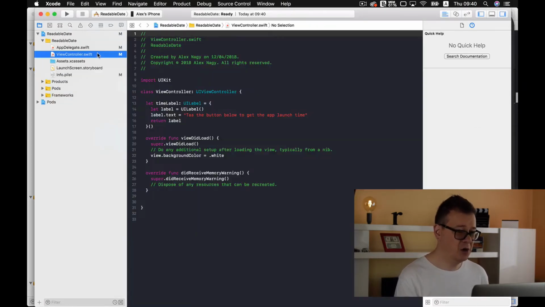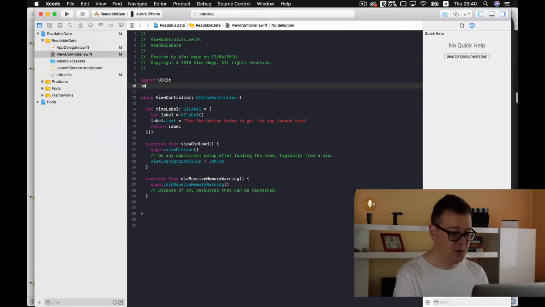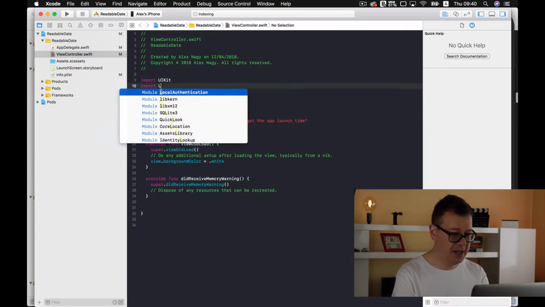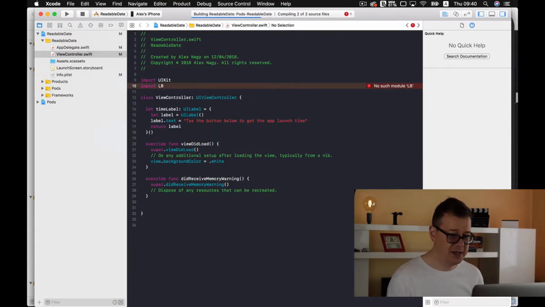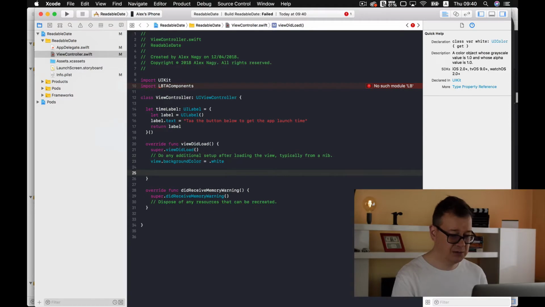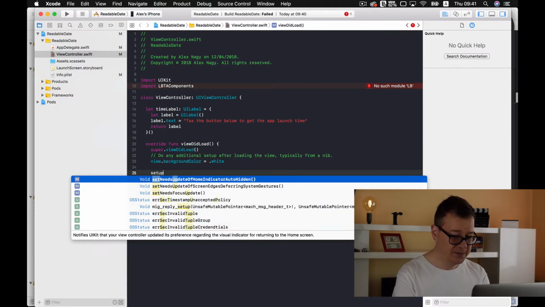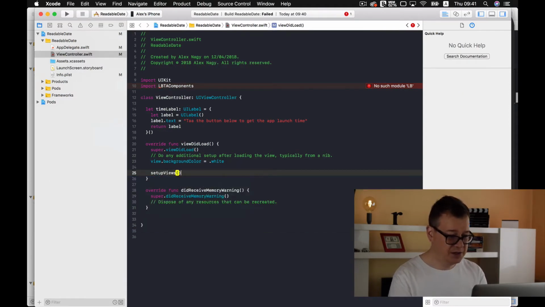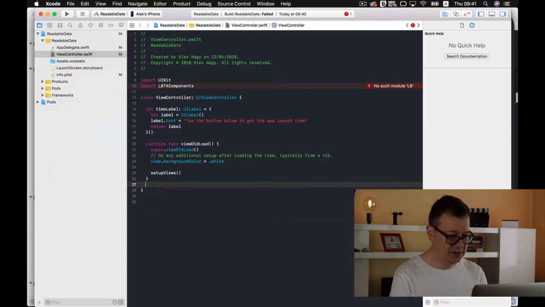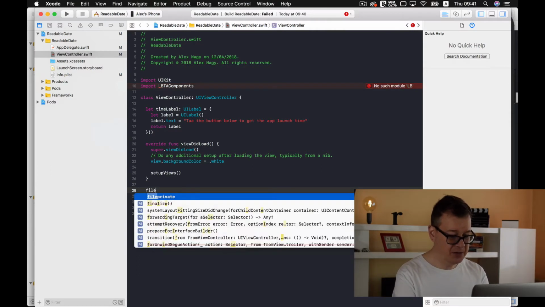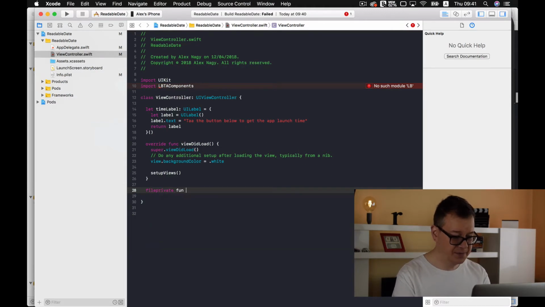Let's go back to our view controller and import LBTA. Better yet, let's hit Command B so it may recognize LBTA components. There we go. And inside our viewDidLoad, let's create our setupViews function. I will just get rid of this didReceiveMemoryWarning and type in here fileprivate func